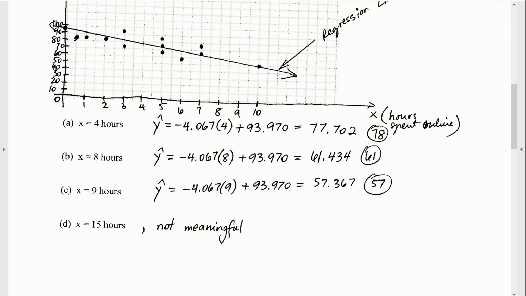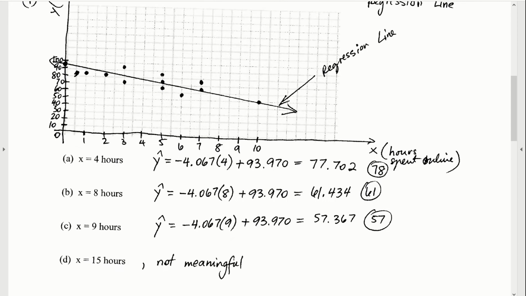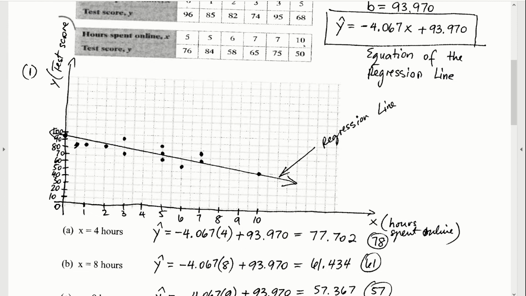So for example, if I wanted to predict the test score for somebody that spent 4 hours online the night before, all I would do is, everywhere I see an x, replace it with 4, and we would get the following. Y hat equals negative 4.067 times 4 plus 93.970. You would calculate using order of operations, multiply and then add, and we would get an expected test grade of around